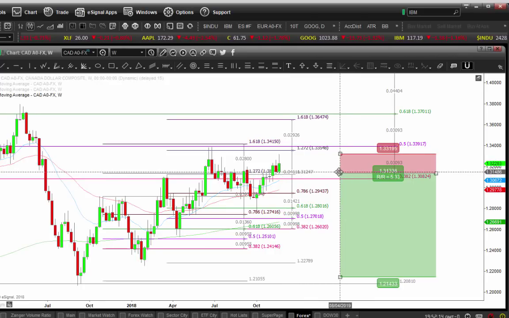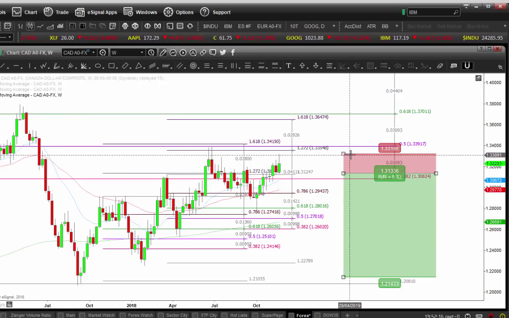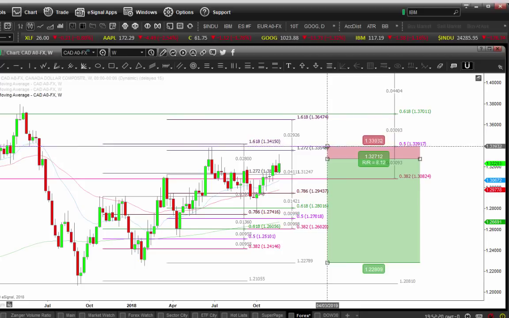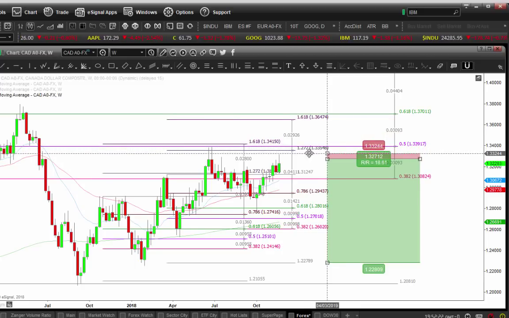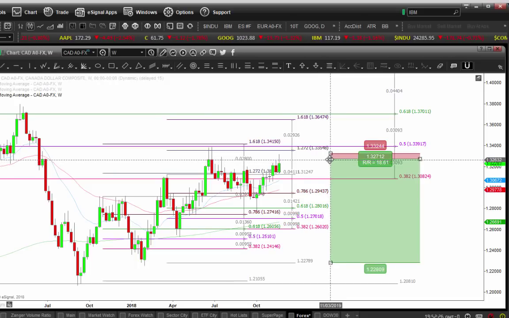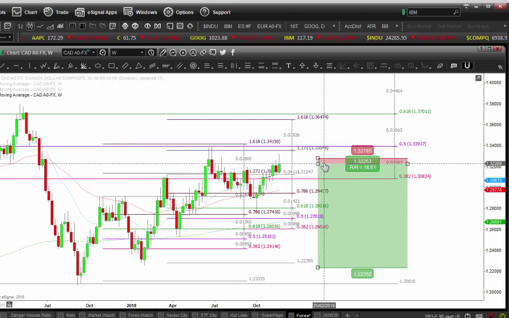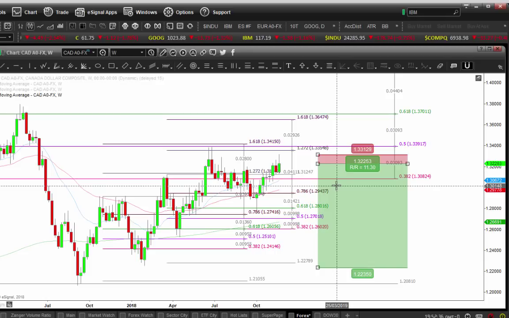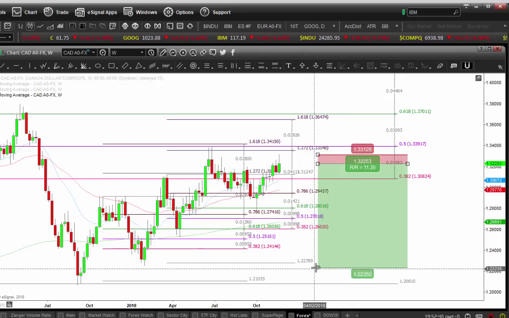However, if we are triggered into the trade and we do get an entry at the midpoint, and given our stop loss will be above the high here and our entry will be at the midpoint, let's just draw that down so you can see exactly what I mean. There we go, entry at the midpoint, stop loss above the high of last week, there we go. So we have essentially doubled our reward to risk. So we've got, for our target 2 or 3 at the bottom, at the previous swing low here,